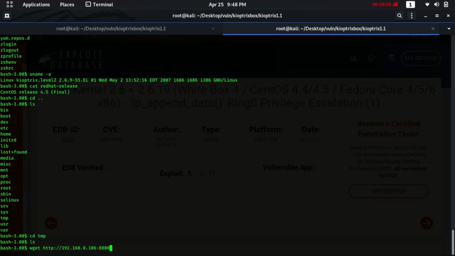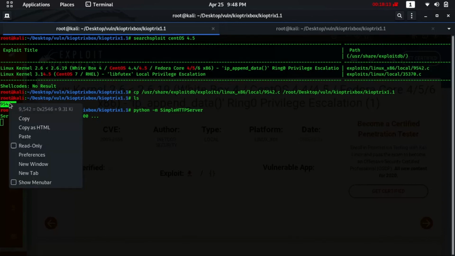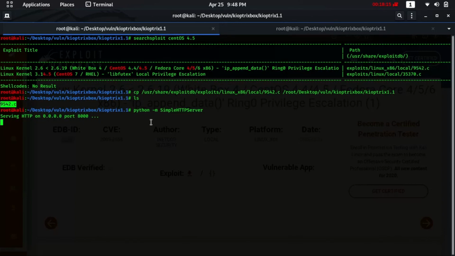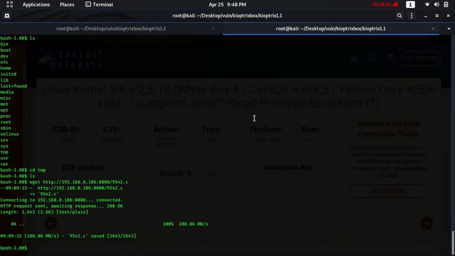By default the Python SimpleHTTPServer gives port 8000, and the exploit name we need to copy. Let's paste it and hit enter. So as you can see, we got the exploit into the machine.